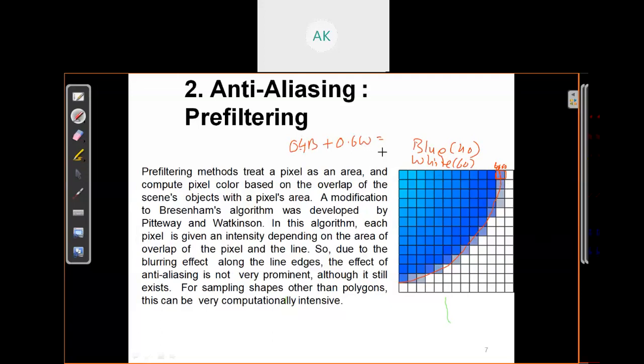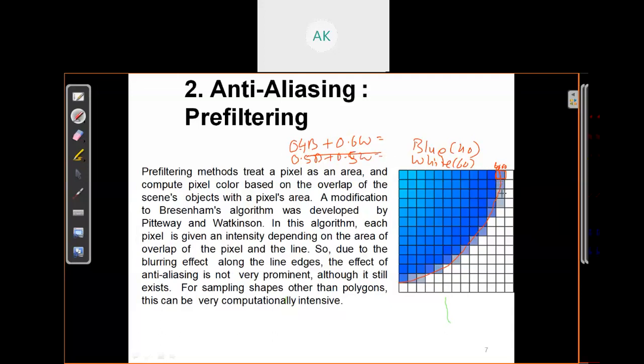And what color will we get filled in this pixel? It's a kind of light blue. Here you can see 50% blue and 50% white. So what color will we get, it will be filled in this area.